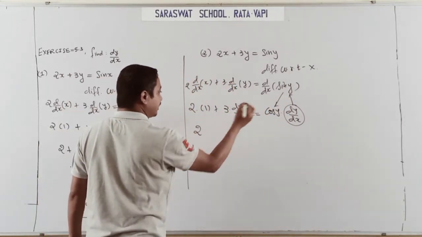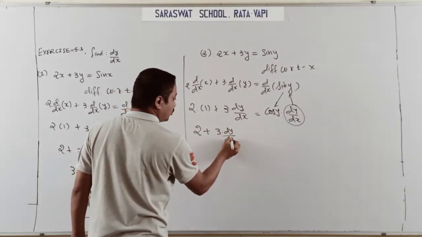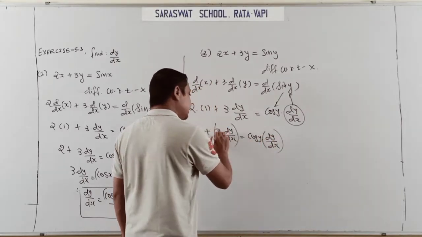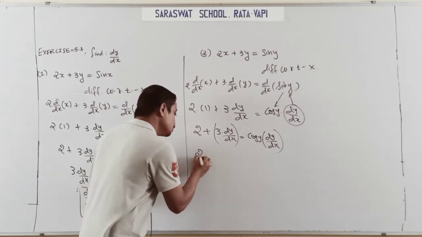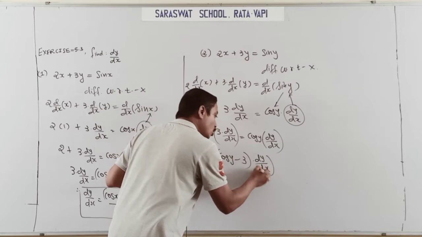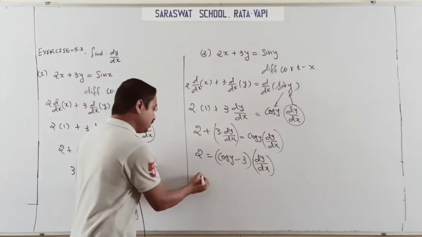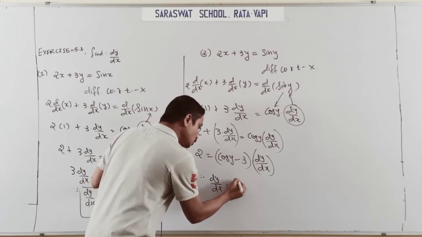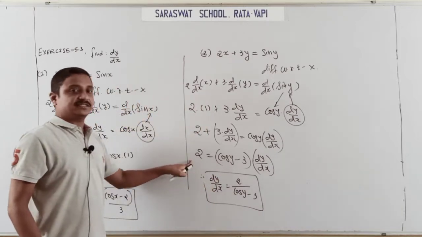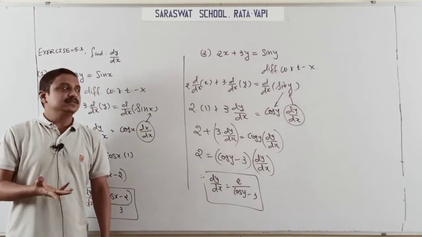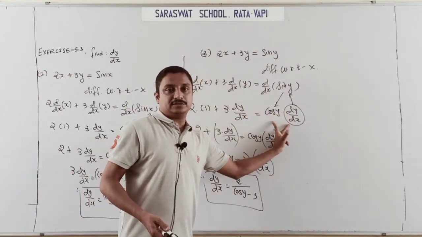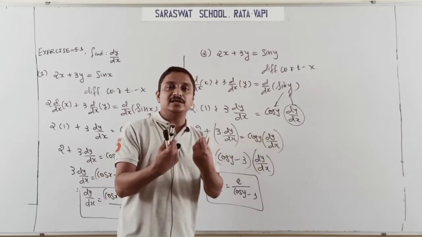So this sin y term is rearranged in the form of dy by dx. Cos y dy by dx. Students, this dy by dx and this dy by dx should be combined. So cos y minus 3 dy by dx, just like common checking students. Finally, you get dy by dx equals 2 by cos y minus 3, and this whole part is divided there. And easily this solution done here. Only one turning point here, students. These are the turning points. If you understood this properly, then easily done.